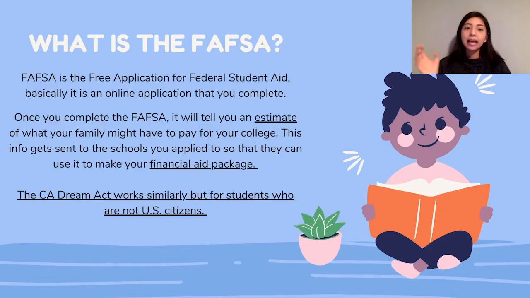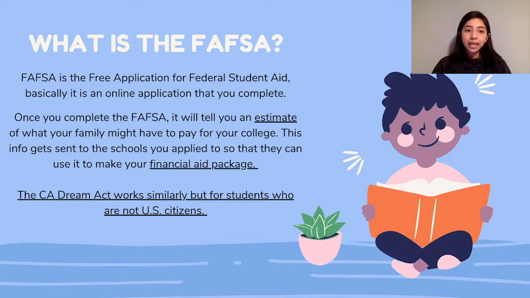send it to. And from that, the schools will take that FAFSA and use it to make your financial aid package. And after you get that, that's when you roughly know how much you'll actually have to pay for a school. But that's the purpose of the FAFSA: from there, they're going to tell you how much you can get in terms of financial aid from the government, financial aid from California, and then how much you're expected to